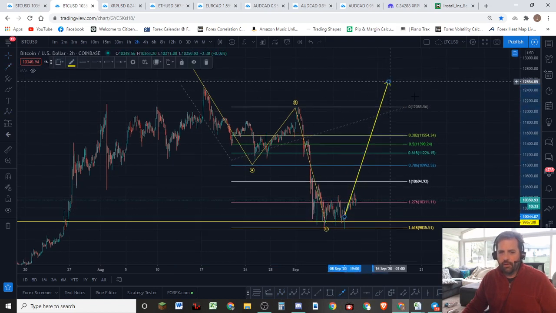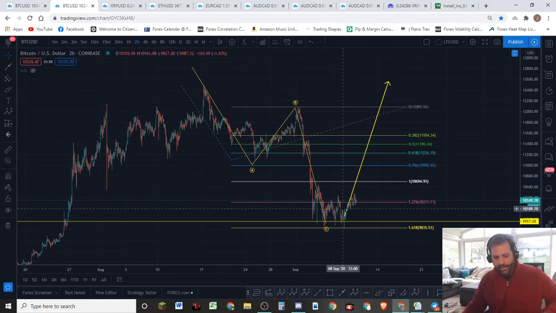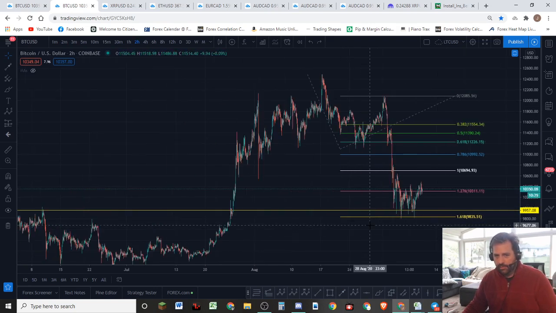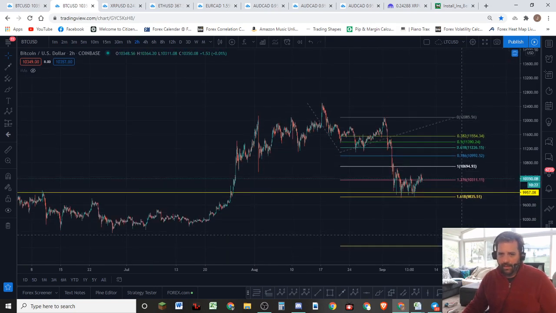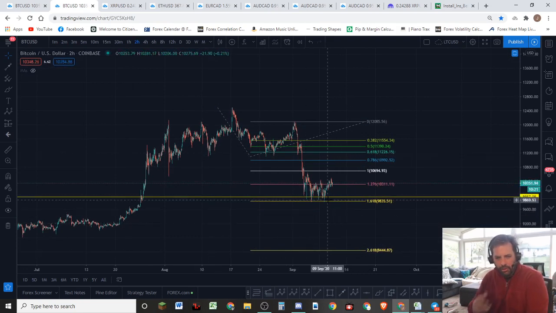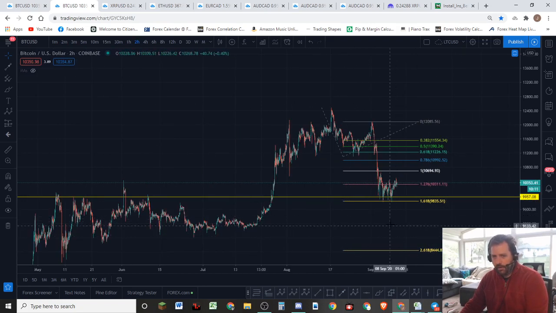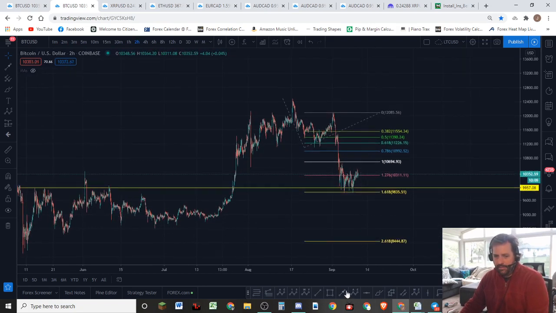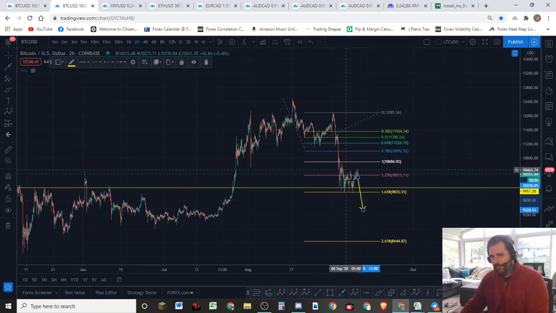If you're gonna call it a 1, 2, and a 3, I don't like that shape at all, because the 3 just doesn't give me the goosebumps there as far as the way I'm looking for it. That's the wrong word, but it doesn't give me the look that I like to see. It makes me think that we probably have another wave down to finish the third wave. More likely going to come down and hit targets down here, potentially. Come down here, for instance, and that would give me a nice shape.